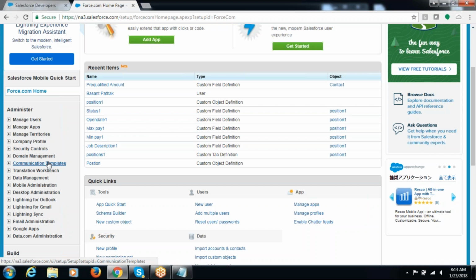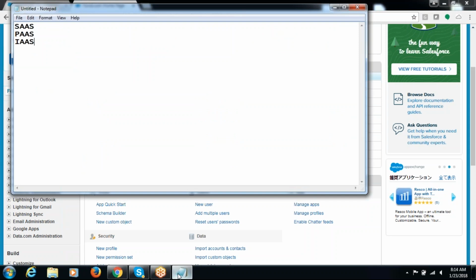But there will be certain scenarios where you have to write your own code, where the admin will not help you. Admin can help you only up to a certain limit. There are certain things where you have to write code. When I say you have to write code, can you write the code in Notepad? You cannot write the code in Notepad, right? Notepad cannot understand your coding. It can understand only the English language, right? So when I say code, there should be some language, correct? Coding means there could be some language. In Salesforce, we have a language called